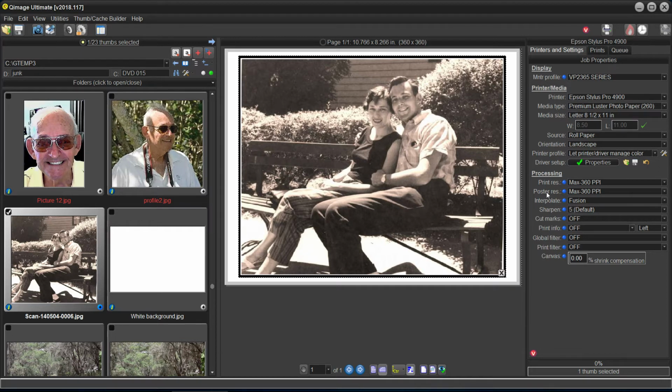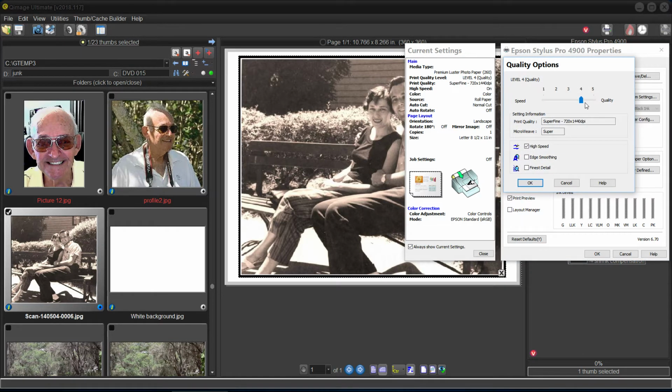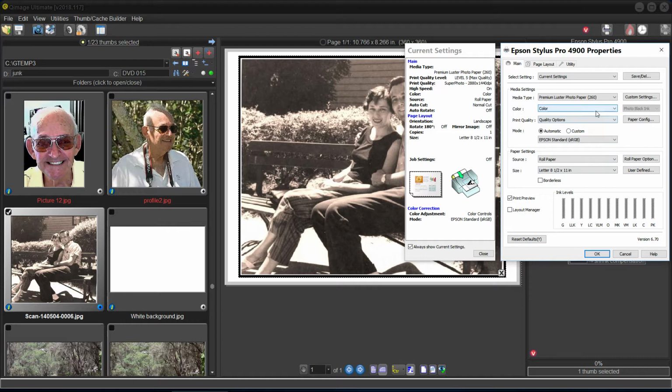Okay, so you've got yourself all set up with your luster paper and your size print and the borders and everything like that. And now you want to make sure the quality is set right and all the rest of the things. So you go in here as per usual, and you're going to set the quality like this, and you usually set it for the maximum quality like that. You flip this over and you say okay,